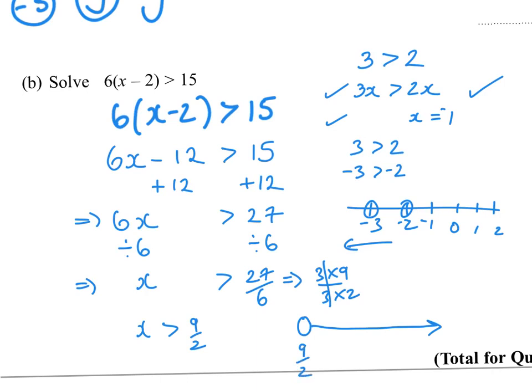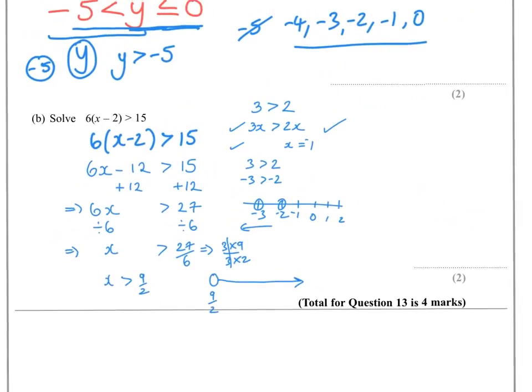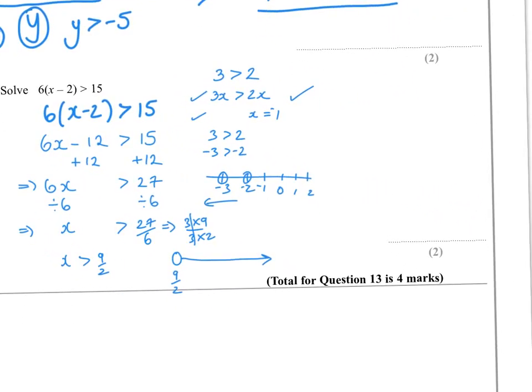One alternative here, I just want to show you something here, is if you had 6 lots of x minus 2 is greater than 15, then you could divide both sides by 3. 3 is a nice positive number, so you won't change the inequality sign. Just in case you're wondering what I mean here,